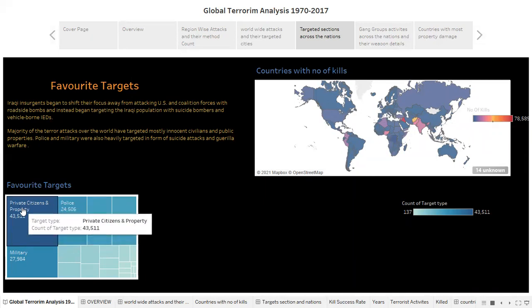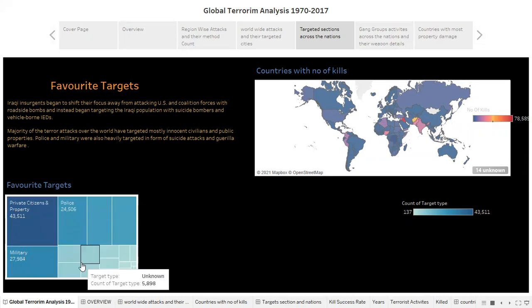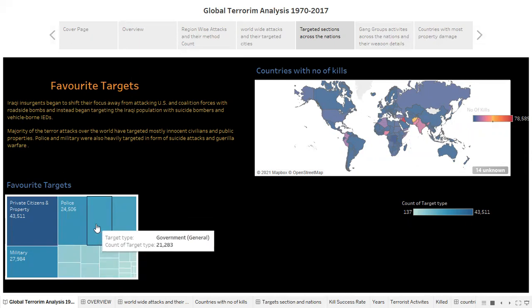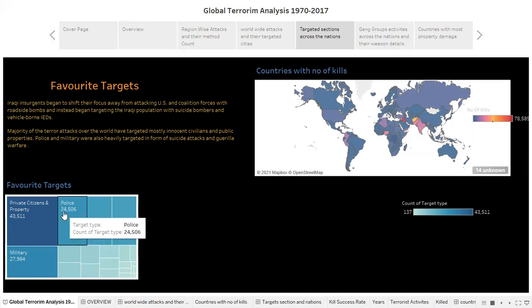They are targeting private citizens and property, military, police. These are their favorite targets, along with government. Most of the time they are targeting private citizens and property, military and police.